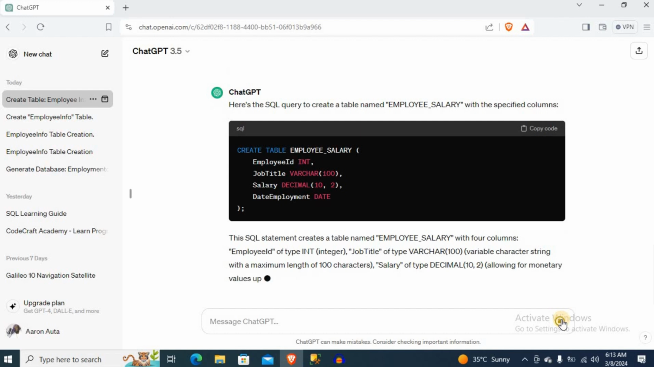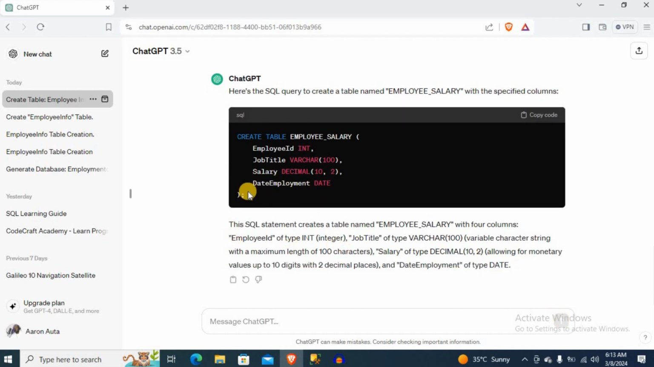See, it has created it, right, with an explanation of what it meant, so you don't get confused. So with this SQL statement, create a table named employee salary with 4 columns. Employee ID, that's the type; the job title, as I've talked about earlier, varchar, which is variable character strings with a maximum length of 100 characters. Salary type is decimal, it has a comma because the salary cannot be just 10,000. It has some fraction of numbers which are decimal, allowing for monetary values such as 10 digits with 2 decimal places, yes, and date of employment,